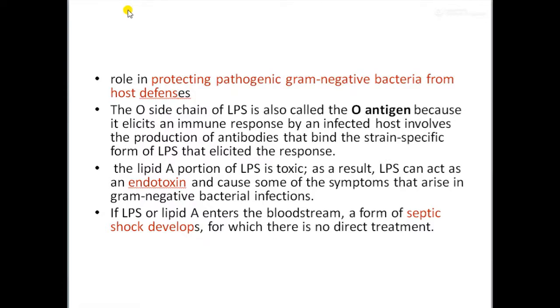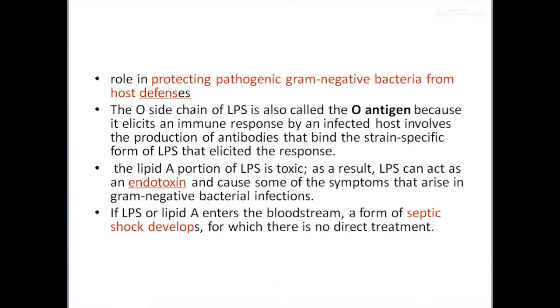And the lipid A portion of lipopolysaccharide is found to be toxic, and it can serve as an endotoxin, and it can cause the symptoms which will arise due to the presence of the gram-negative bacterial infection. And if lipopolysaccharide or lipid A enters into the bloodstream, a form of septic shock will develop, for which there is no direct treatment. So such is the importance of this